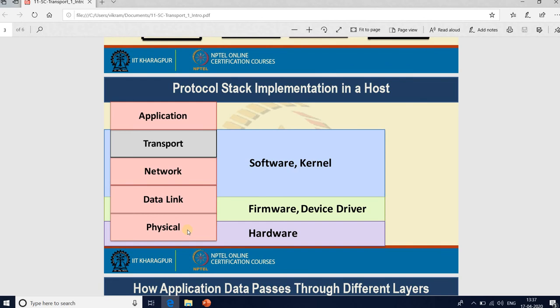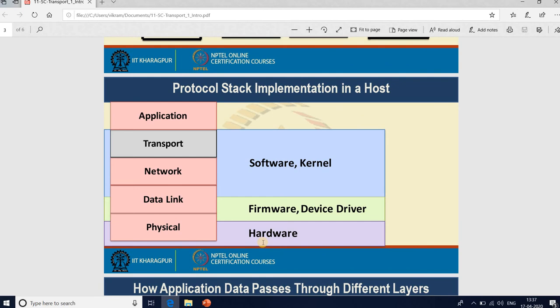Say, for example, if you think about a wireless network, the physical layer is entirely implemented in hardware, and nowadays some part of the wireless data link layer protocol is also implemented in hardware, to make it fast or more robust in the context of large amounts of data delivery.